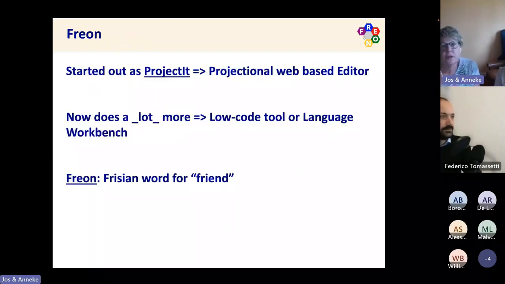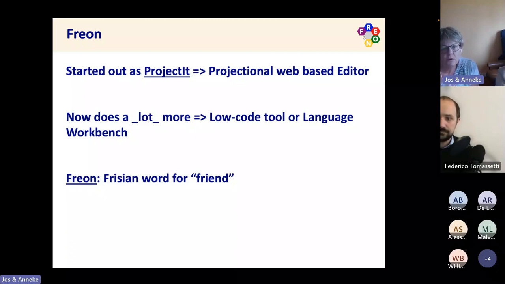Right, this talk is about Freon. Freon started out a few years ago, approximately 5 years ago, as an experiment to build a projectional web-based editor. Currently, it does a lot more.